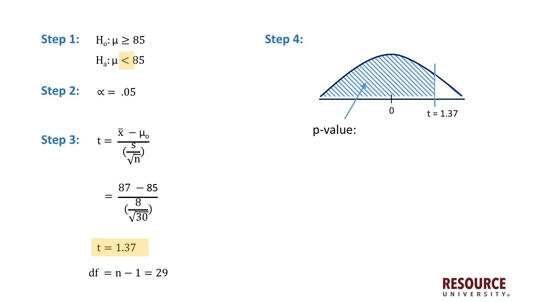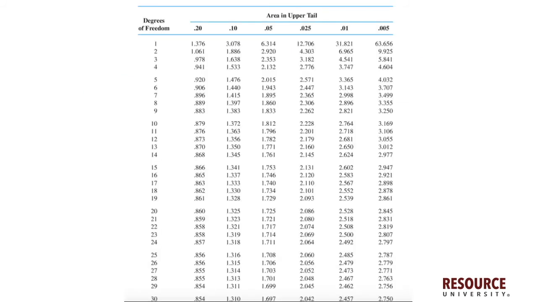The t-tables would give us the upper tail area corresponding to 1.37, which is the non-shaded region. We get that area from the t-table and subtract that from 1 to get the area of the shaded region, or the lower tail area, which would be the p-value. In the t-table, we look for the row with degrees of freedom 29, and locate the approximate position for the t-score of positive 1.37,